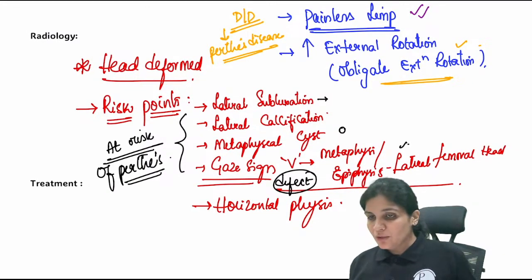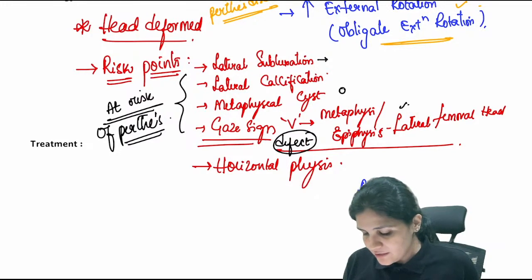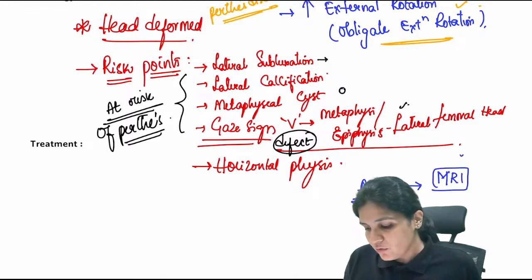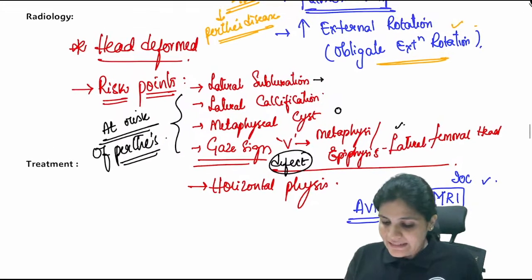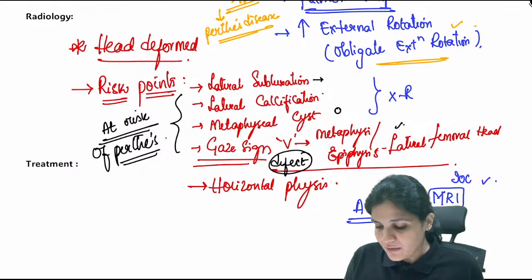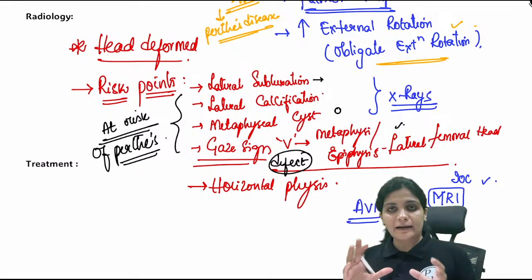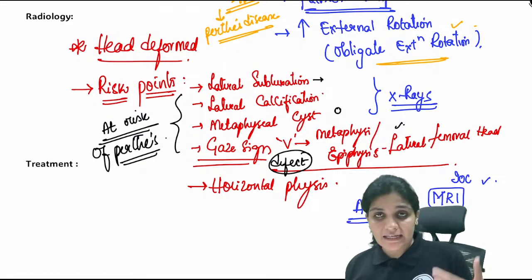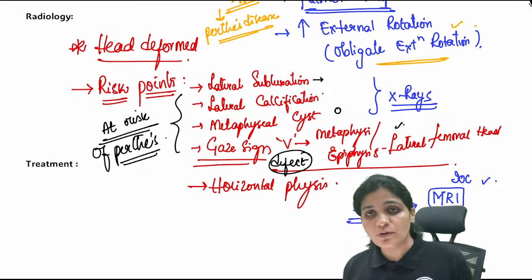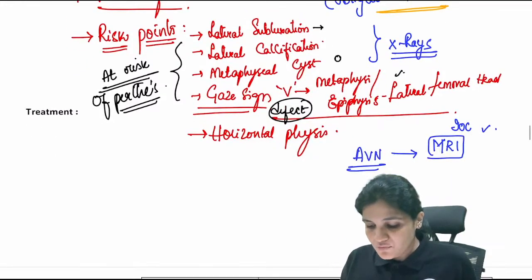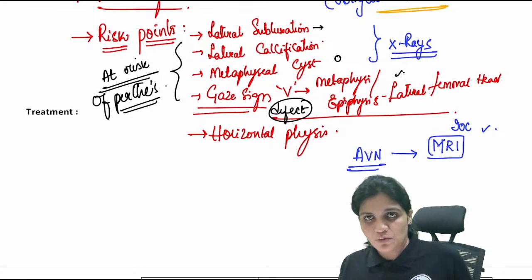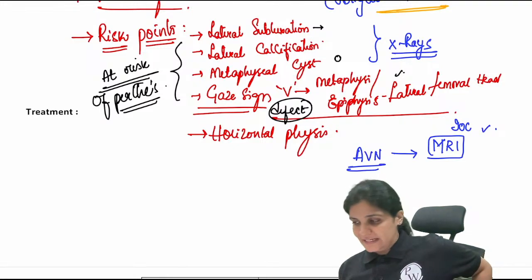And now, as I told you, this might lead to avascular necrosis finally. And whenever you deal with avascular necrosis, the investigation of choice would be MRI. These are all on the x-rays. So whenever you take the x-rays and you see certain things like this, you can tell the patient that this head is at risk of entering into AVN. And investigation of choice for avascular necrosis is your MRI. So once you take the MRI and you see that the patient has avascular necrosis,